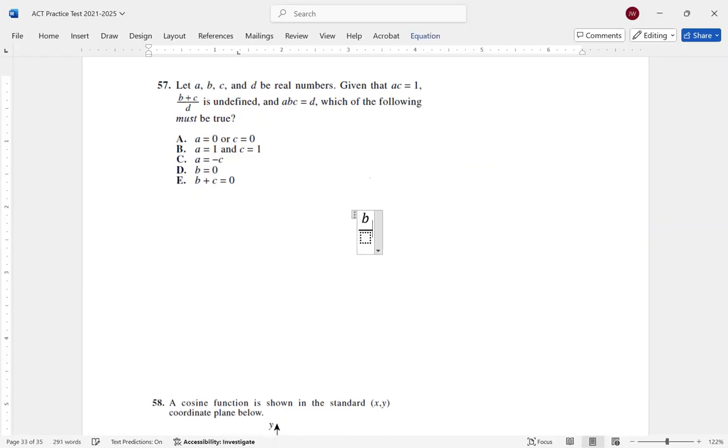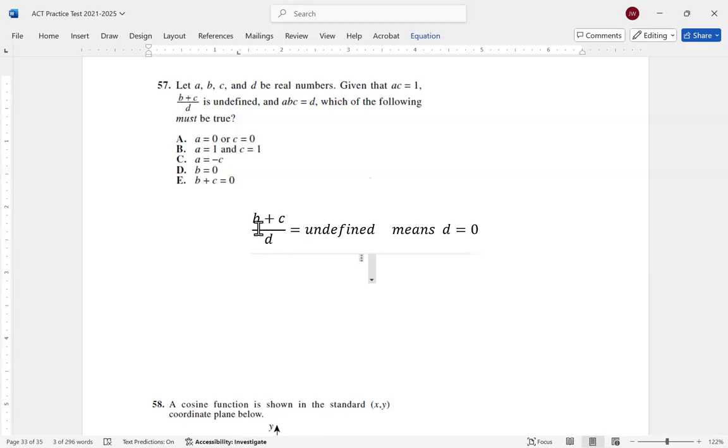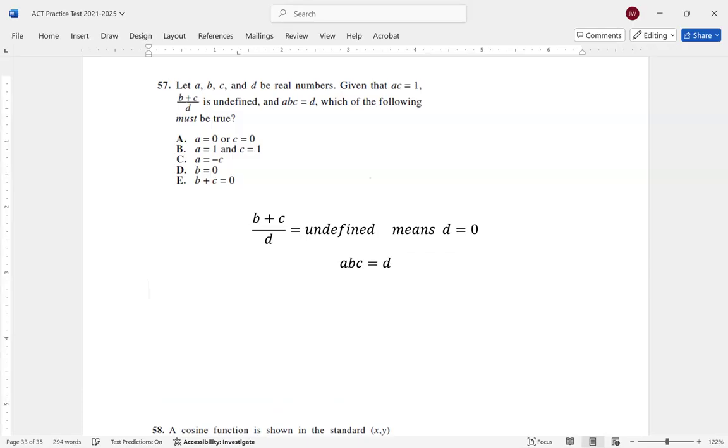So if we have (B plus C) over D as being undefined, and B and C are real numbers, the only way this can be undefined forces D to be 0. The only way we get undefined is if the denominator there is 0. So D has to be 0, which means since ABC is equal to D,